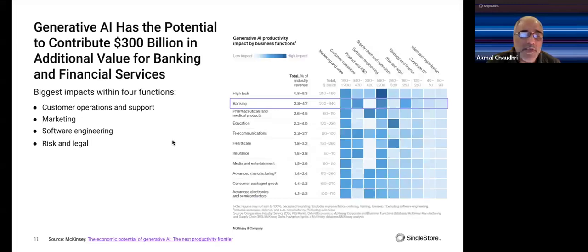300 billion US dollars in additional value for banking and financial services. That is a huge sum of money. It is more than the gross domestic product of, I think, quite a few countries around the world. So, this is an enormous sort of potential. And some of the areas that we may see utilizing this are things like customer operations and support, marketing, software